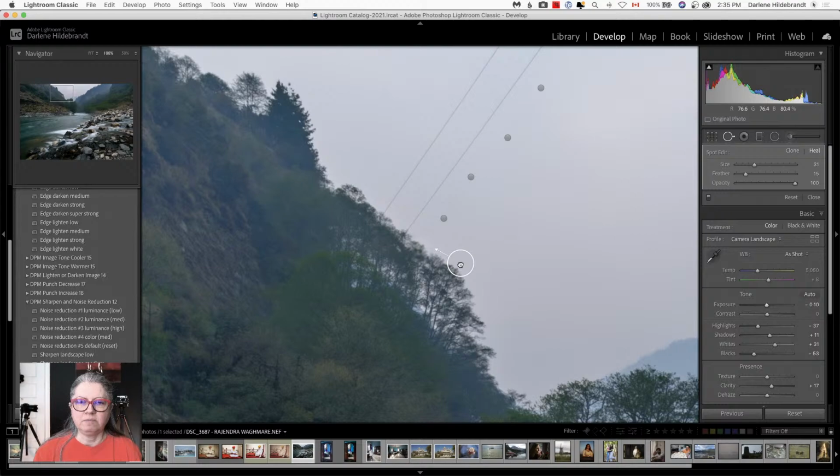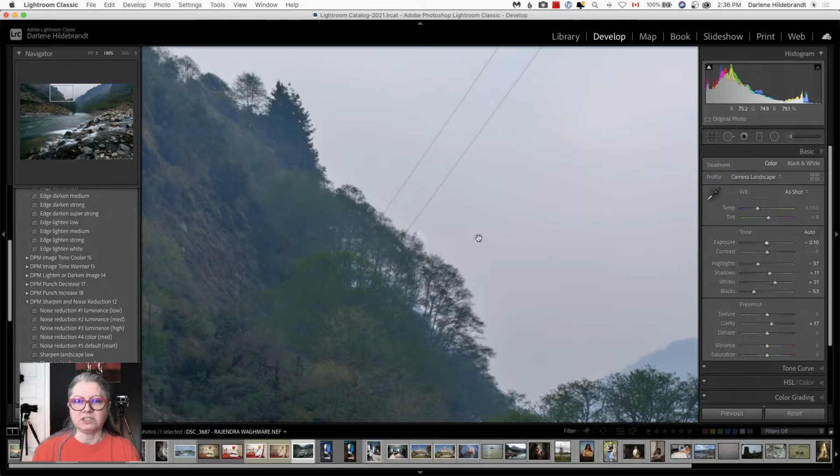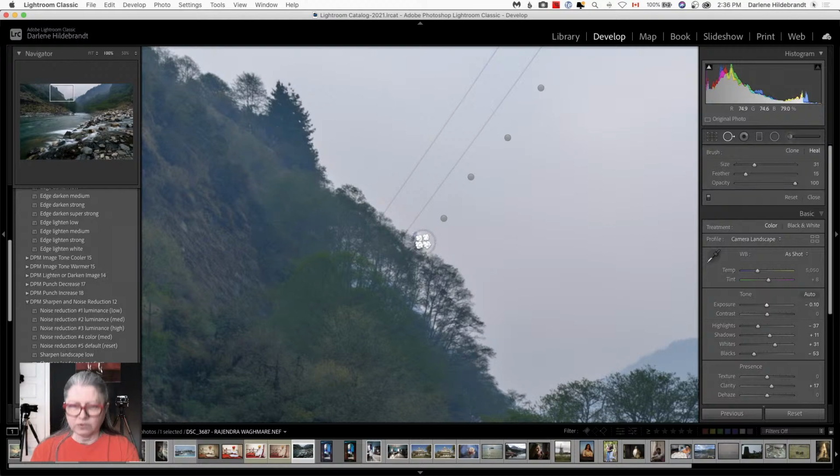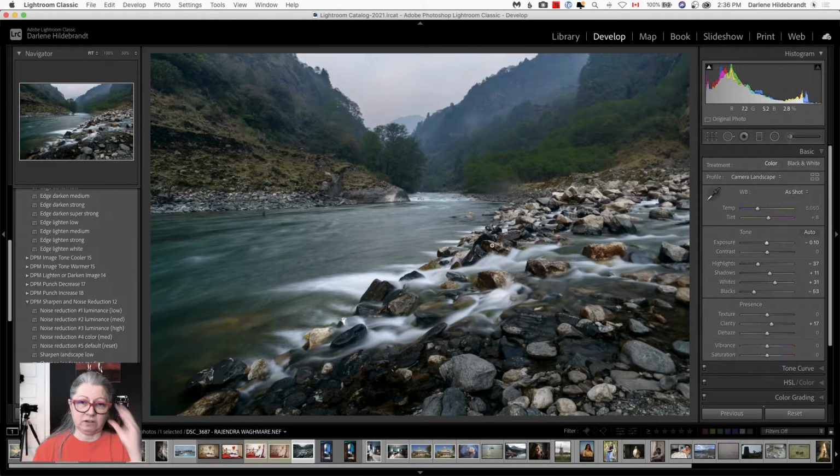Because I want to make sure that the tops of the trees look replicated. And if Lightroom doesn't do a great job of it, I'm actually going to try it either in Photoshop or in Luminar and see what Luminar does. Okay, so that's not bad, but it's not great. It's left kind of a halo. So I'm going to leave it there,